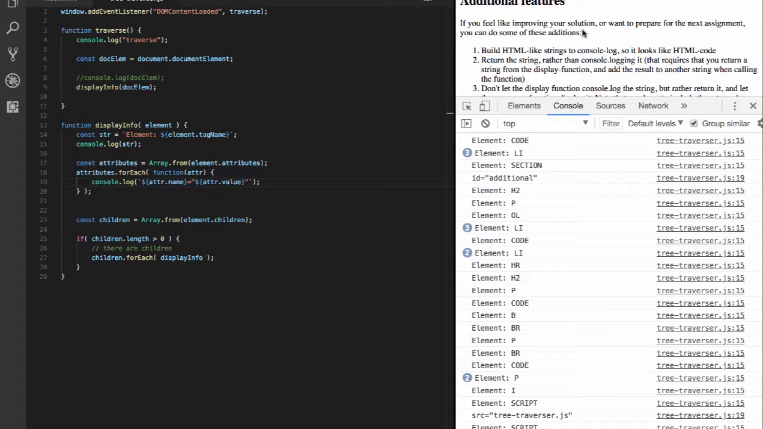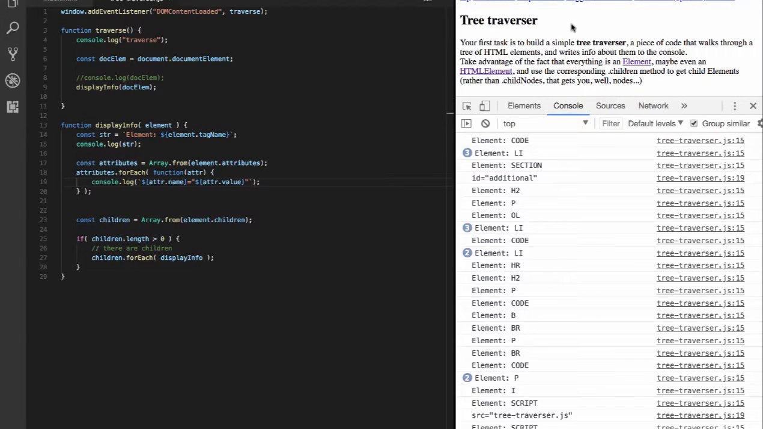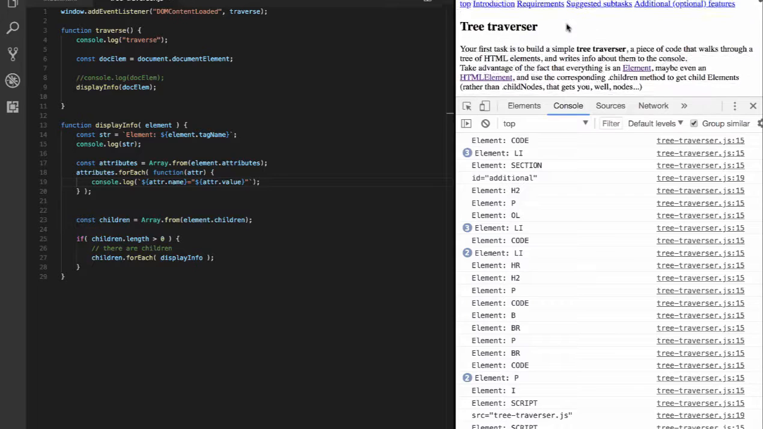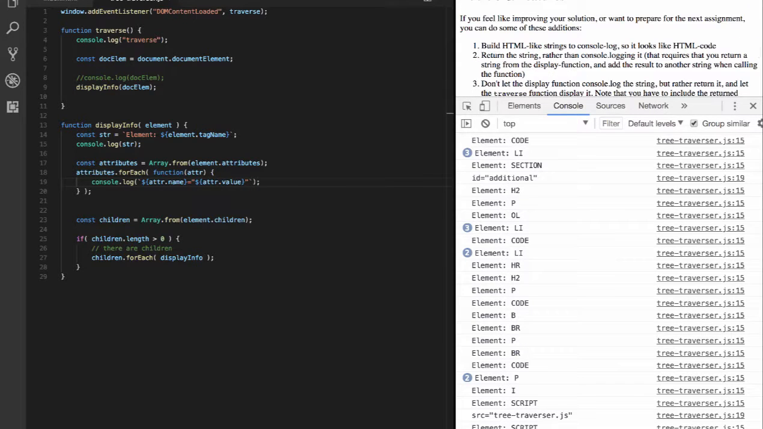This is part 2 of the tree traverser exercise, and this one focuses on the additional features. So if you haven't already solved it or watched the first part, then do it before continuing here. If you feel like improving your solution or want to prepare for the next assignment, you can do some of